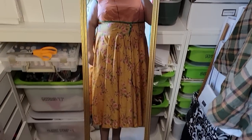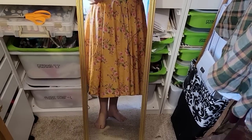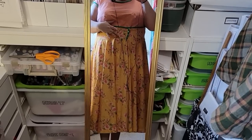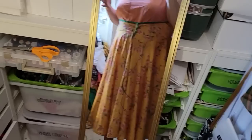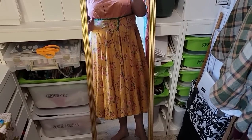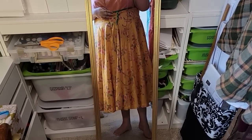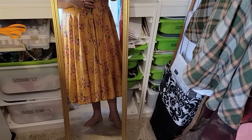I think what I'm gonna do first is throw this in the wash and dryer and see if that will help shrink some of this back up and tighten the binding up a bit. It probably won't take out all of this, but it'll probably make it closer. And then I can cut off some and rebind this and re-put this button and loops thing back on,